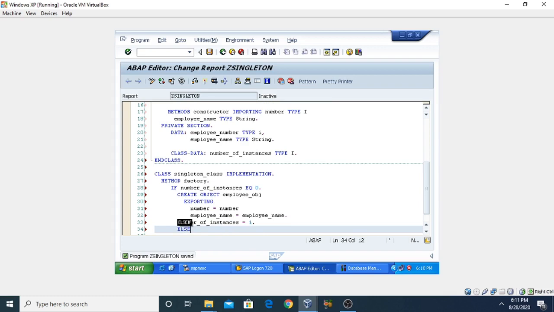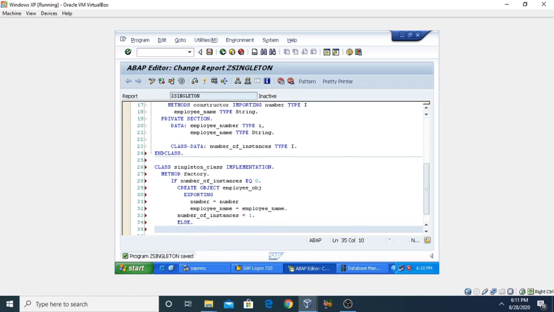Now the else condition: if an instance is already there, then we can write the statement, write only one object instantiated is allowed.